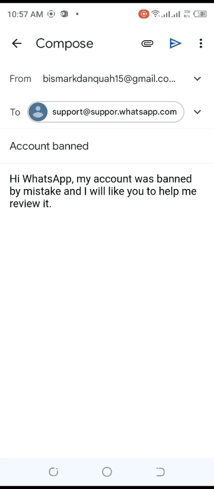Then send it. And you will see, immediately they will reply to the message. Every message has reply, forward and other options at the bottom. So click on reply, then add your WhatsApp number to it, so that WhatsApp will help you to review or get your account back. And another step is